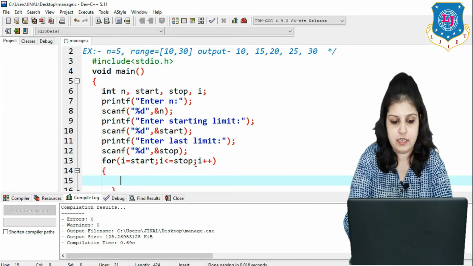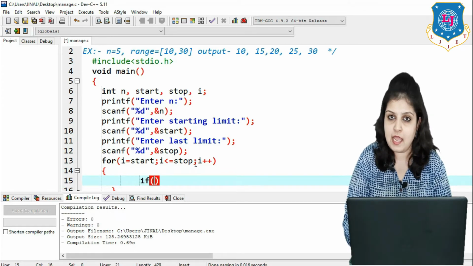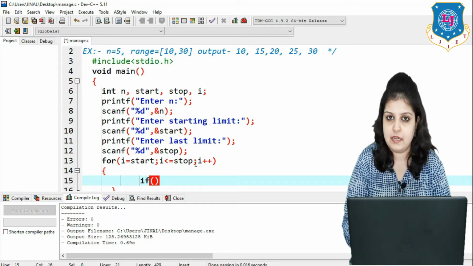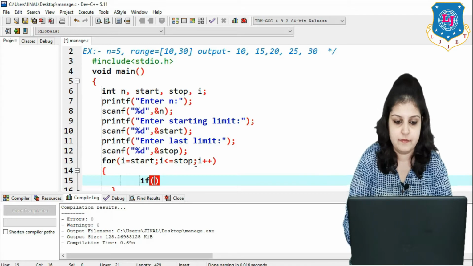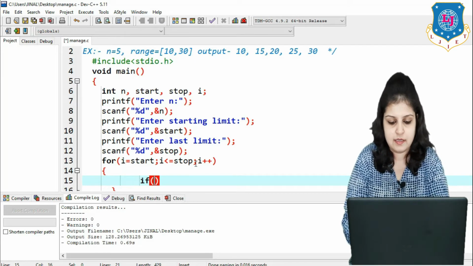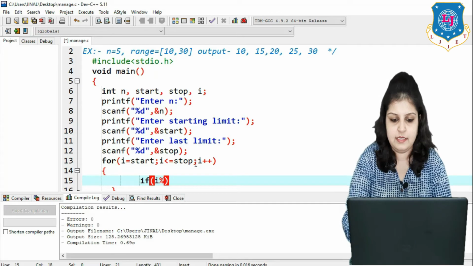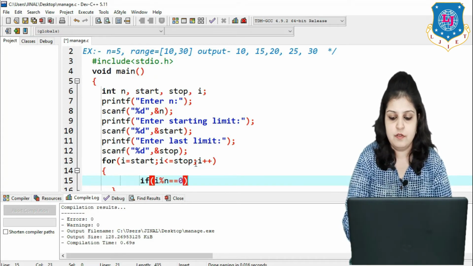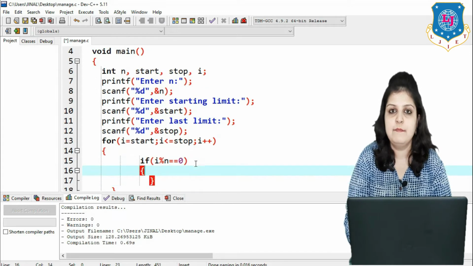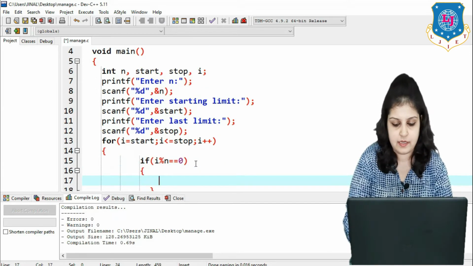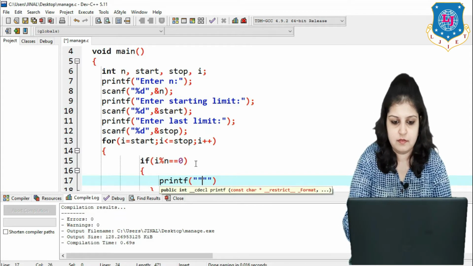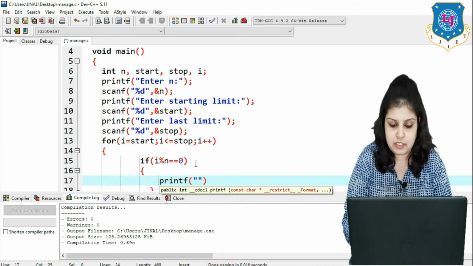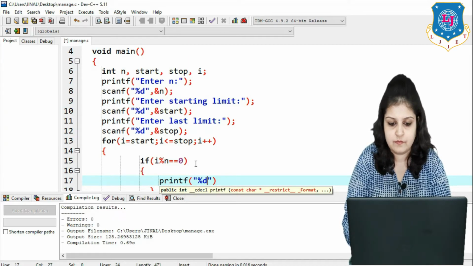I am writing: if our I is divisible by our n value, then just print the value of that particular I. So if I modulo n is equal to 0, then simply print the value of I. So I am writing printf "%d", comma I.